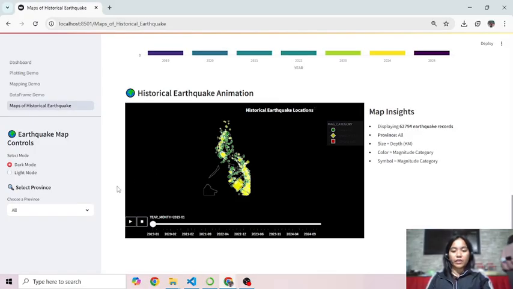By using these map layers, filtering options, and interactive charts, you can easily navigate through complex data to understand the distribution, intensity, and progression of earthquakes over time. So that's